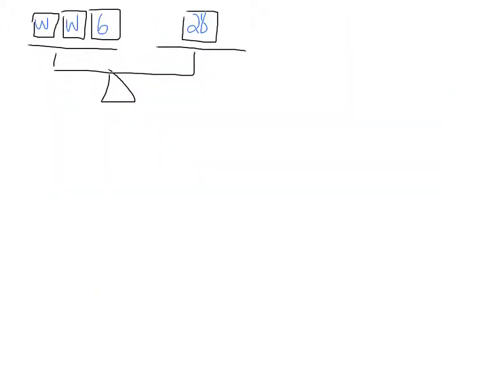So I just wanted to do one more example, but an example that includes more than one variable. In this question, we have 2 variables on this side of our equation. We have a 6 and we have 28. As a written equation, this would represent 2w, because I have 2 w's, added to 6 equals 28. So that's the equation that this balance scale would represent, but we're still going to solve it using the balancing